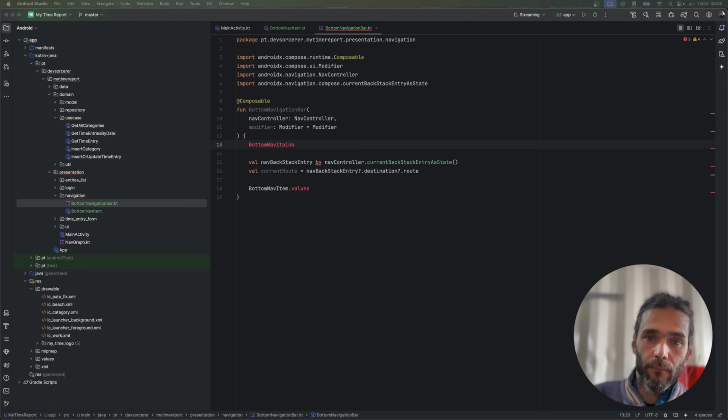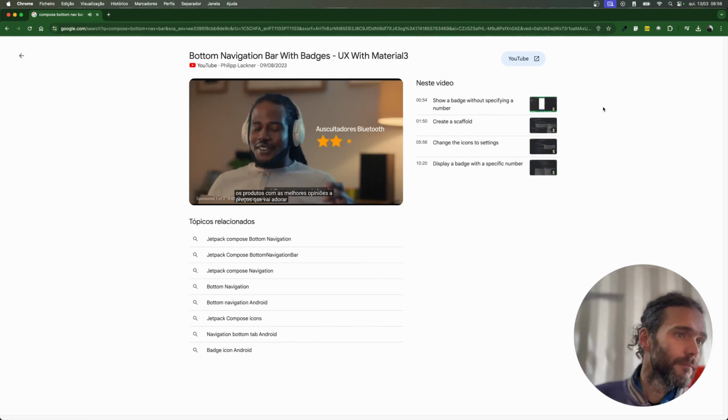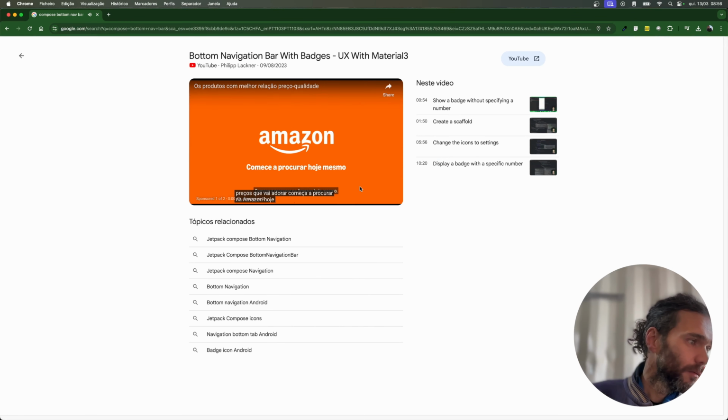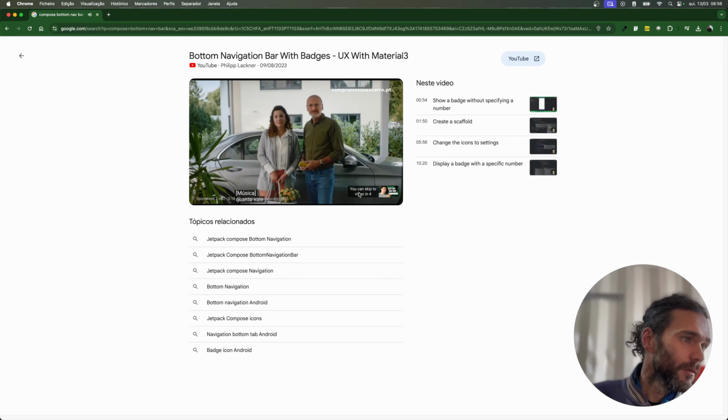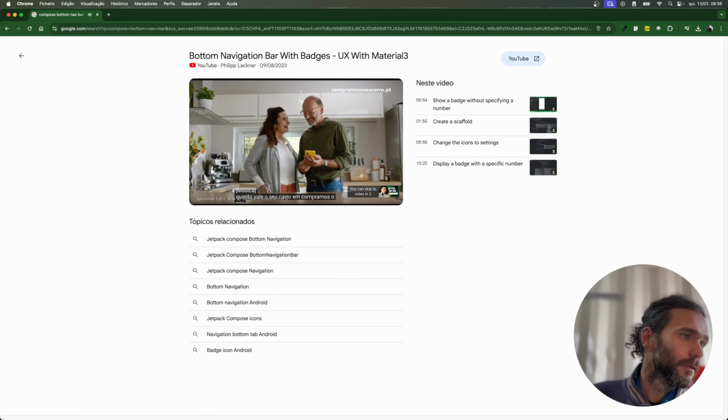Os produtos com as melhores opiniões a preços que vai adorar. Comece a procurar na Amazon hoje mesmo. Quanto vale o seu carro? Em compramos-o-seu-carro.pt